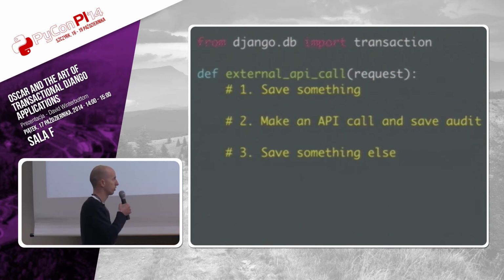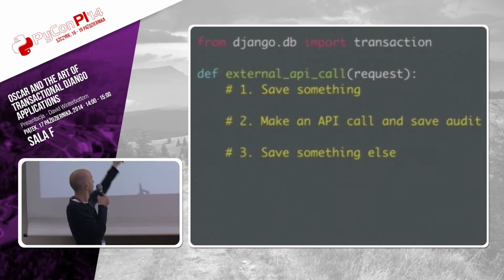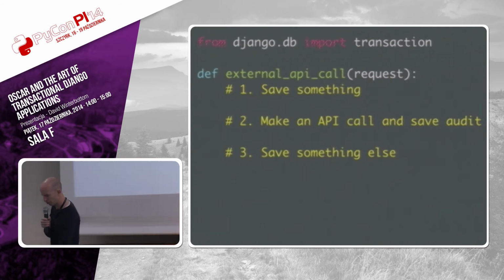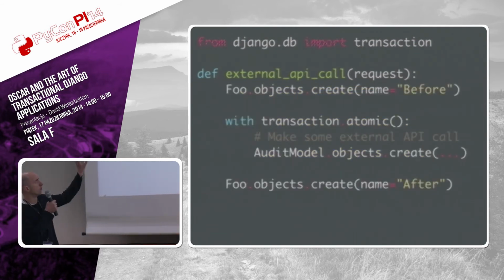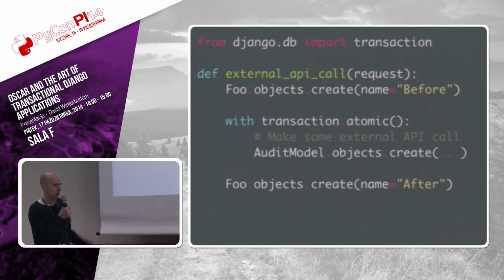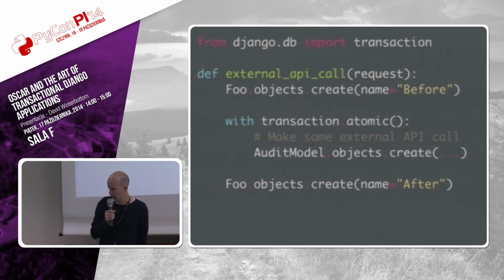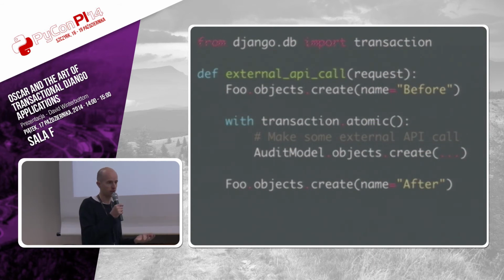So it's 3 steps. But we really don't want step 2 to fail. If step 3 failed for some reason, like a database timeout or even just a logical error, we still want the thing in step 2 to save. And you might try to do that a bit like this, using some dummy objects to illustrate. We save something at the top, we save something at the end, and in the middle, we try to save something where we say, okay, definitely commit this. So we wrap it in this transaction.atomic. But that doesn't actually work at all if you've already got this atomic request setting on.